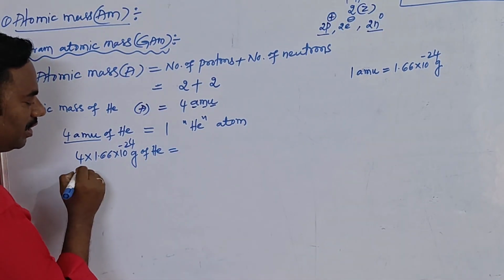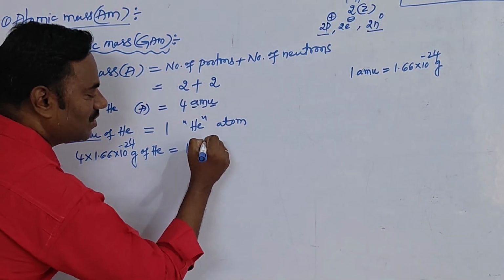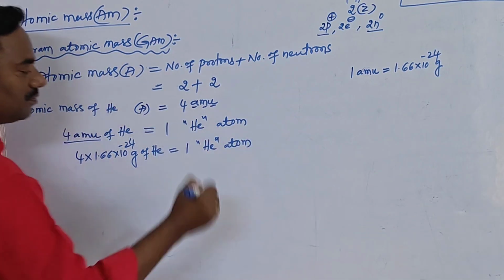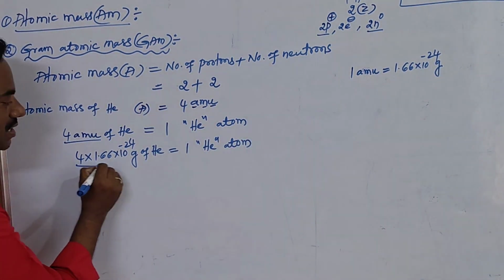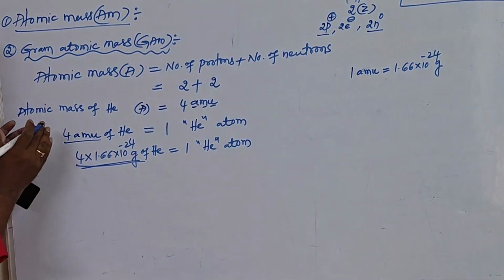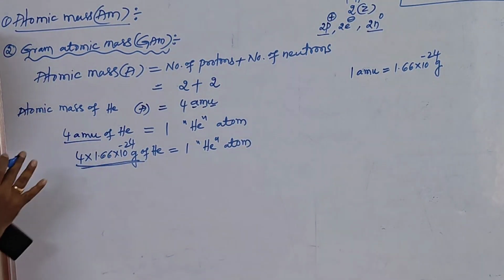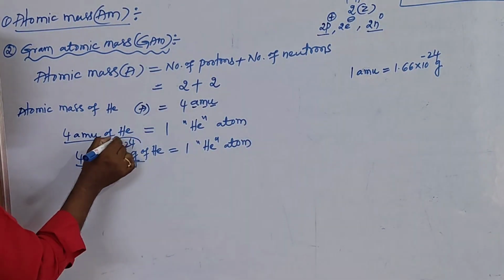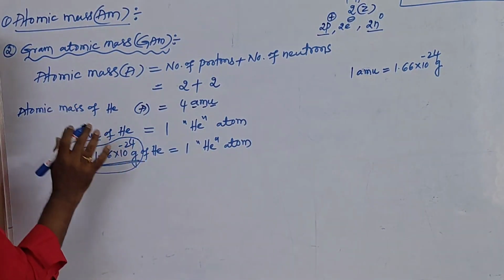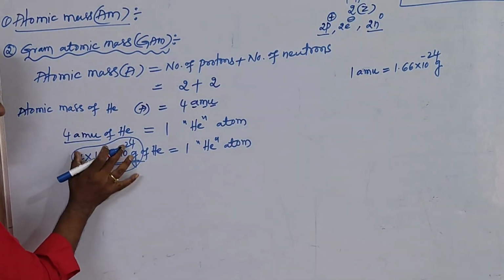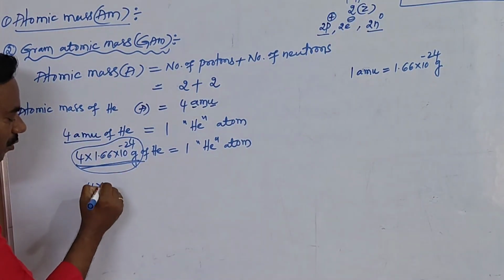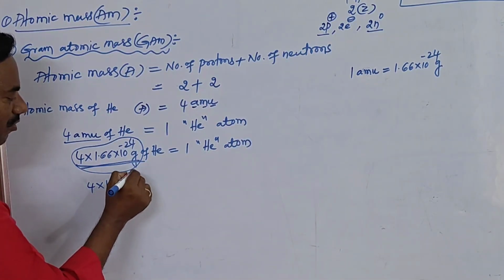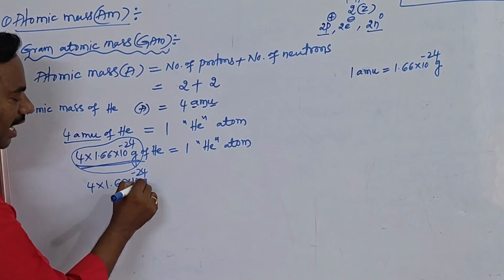In this, how many atoms are there? 1 helium atom is there. Why? Because I just changed 4 AMU into grams. In 4 AMU, 1 helium atom is there. Here also, 1 helium atom is there. Now in the third step, this is multiplied with 4 into 1.66 into 10 to the power of minus 24 grams